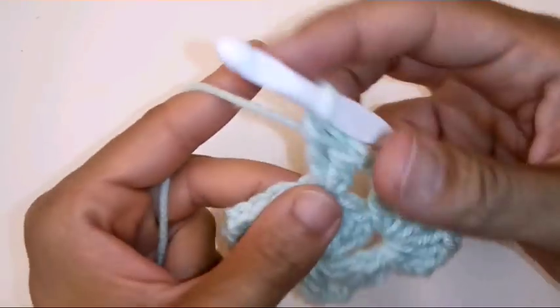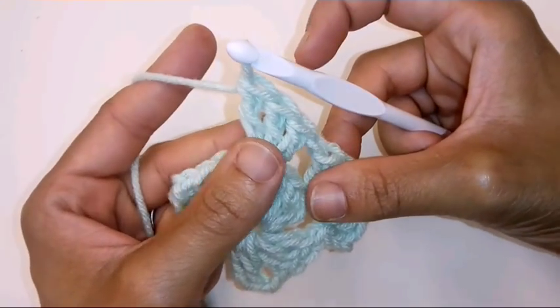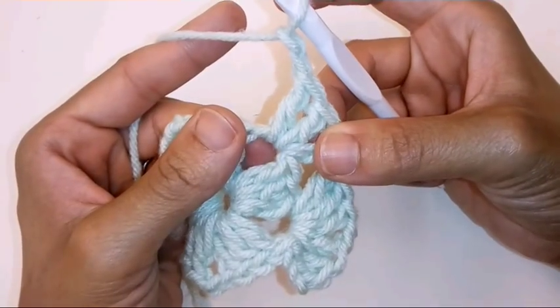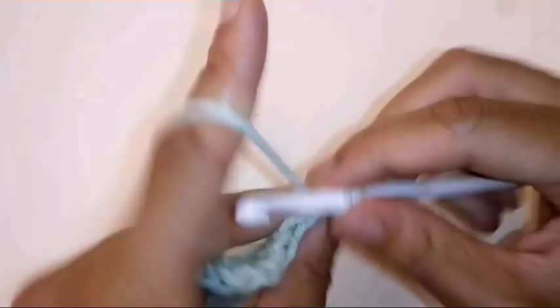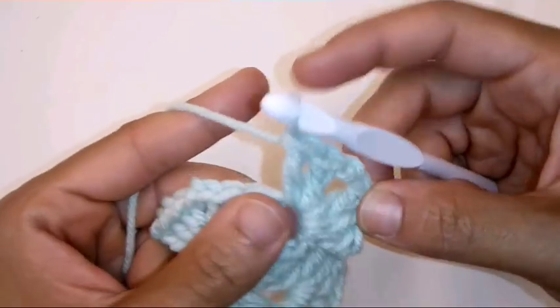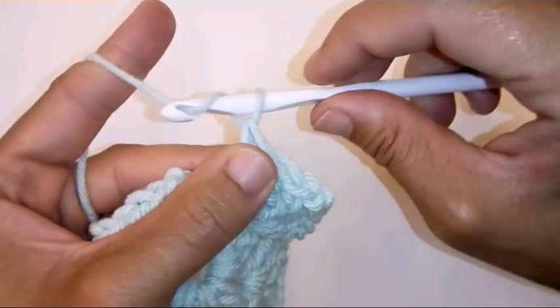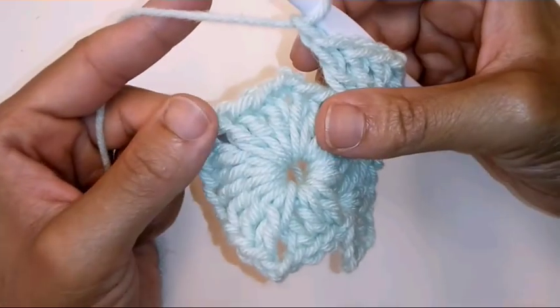1, 2, 3, chain 2 because it's the corner. 1, 2, place another DC cluster into the very same space. 1, 2, and 3. Since we're on the side, we're going to chain 1, and we're going to work the same pattern